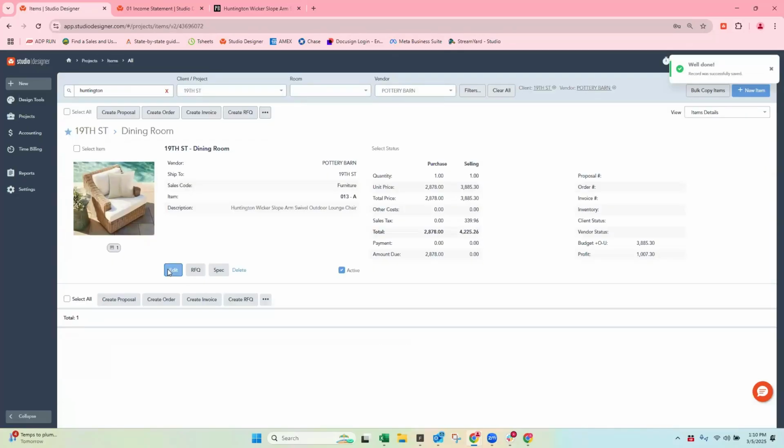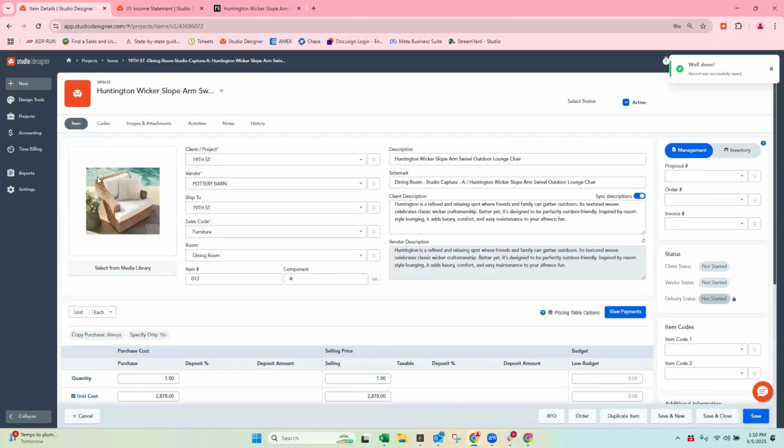And so if we were on this item and we didn't have an image, you could now drag and drop it directly into your item screen. And if you drag and drop it and your image folder is selected on the client side, this image will live in the correct image folder in your image library. So just keep that in mind. If you're a longtime Studio user, that will be a bit of a task to go into each of your clients and update the images and attachments default folder.